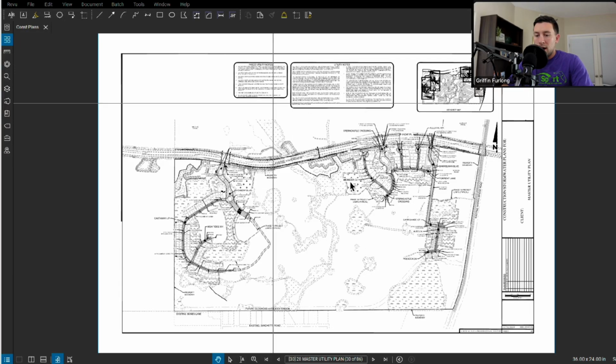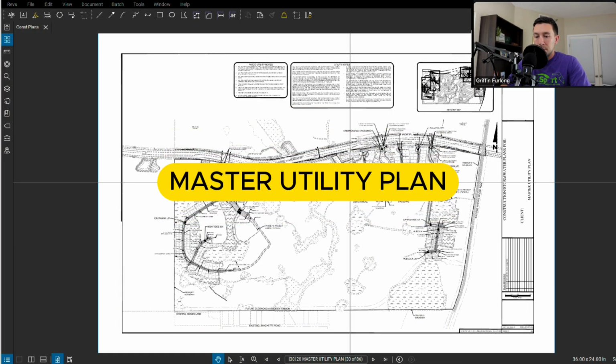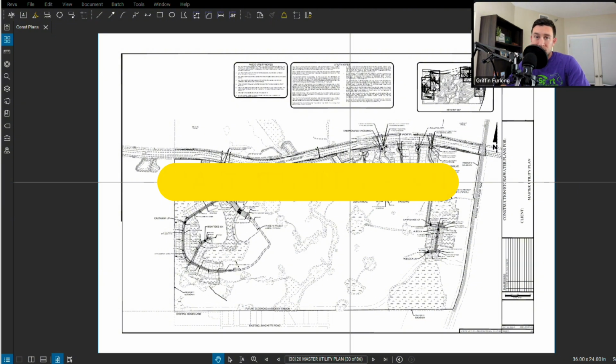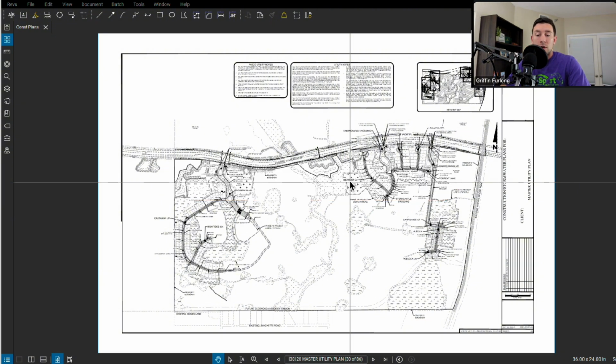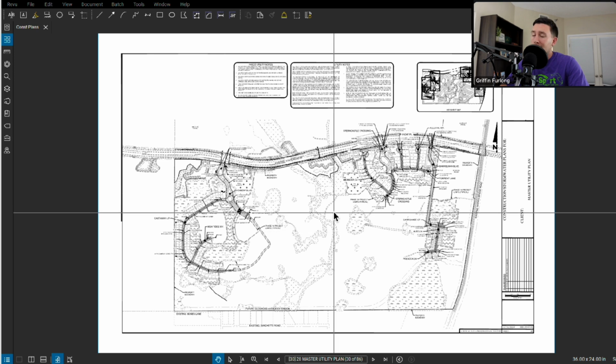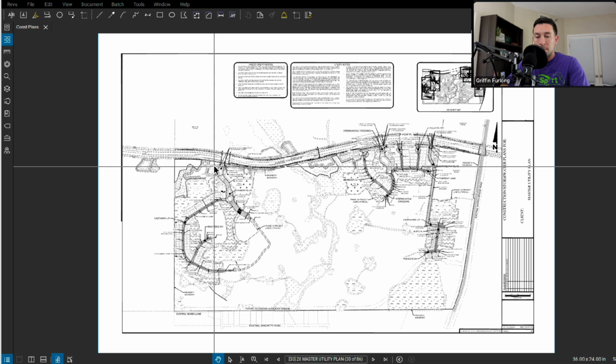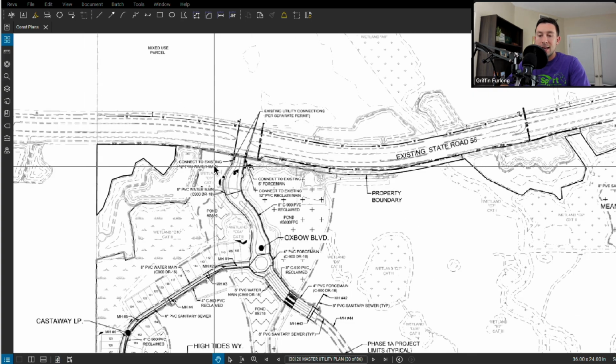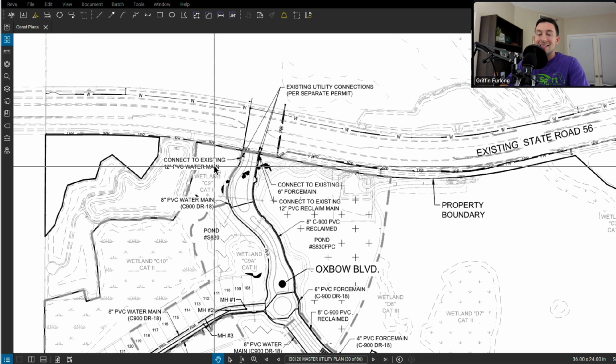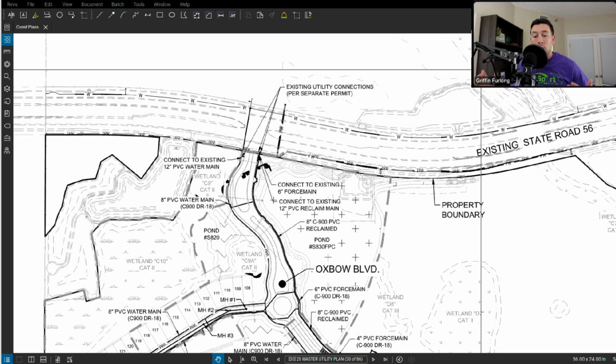All right, so here I have a master utility plan open, and what I will preface this with is that this is a residential neighborhood. So a residential neighborhood utility plan might look a little bit different than a commercial plan. I will definitely make a video next time on a commercial site. In a master utility plan, let's zoom in to an area. Now, what I'm expecting in a master utility plan is typically a label on where we are connecting to existing